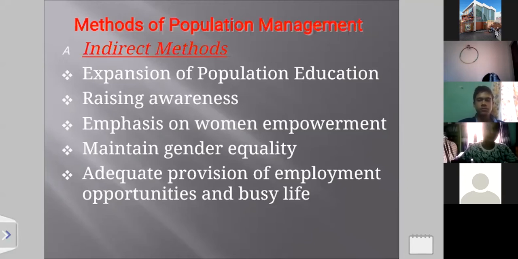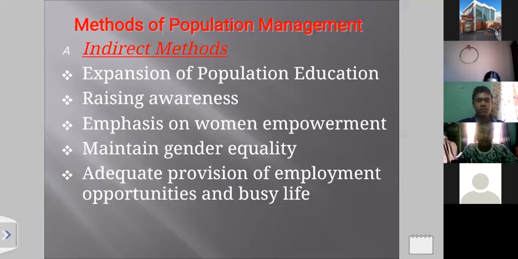All right, okay. And after then, now next indirect method of population management: maintain gender equality. It's very easy, very simple. Now for maintain gender equality, to share the view, thought, opinion for the fourth indirect method of population management,